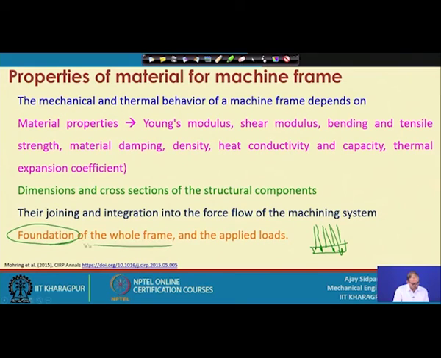So, the foundation of the whole frame is important, which type of frame you are using, and then you have to think about how much loading there is, because on the foundation you are putting a base material and on top of that the workpiece is there, and all of that will act as a load. So, these are called the static load. It should bear this static load, and your foundation should not deform because of that.